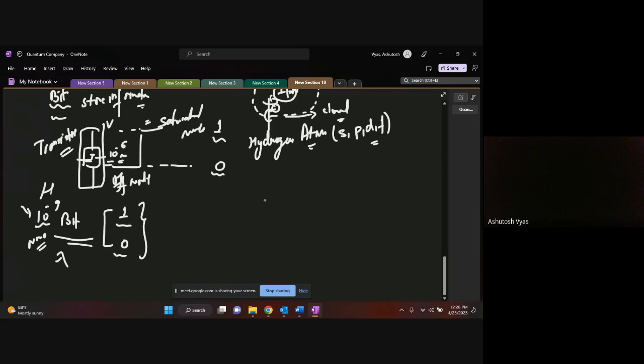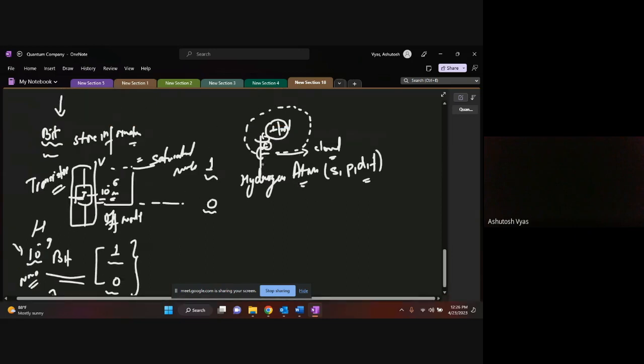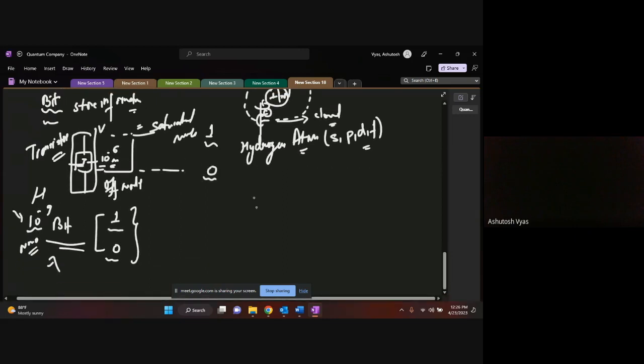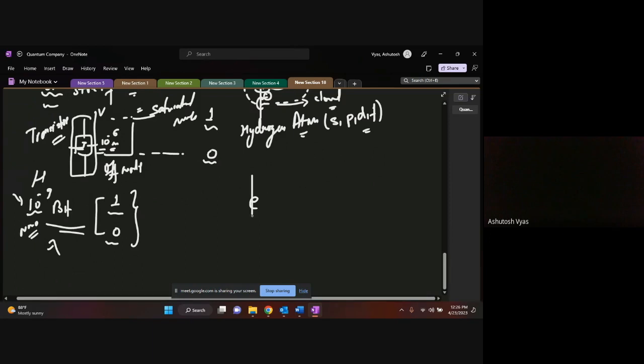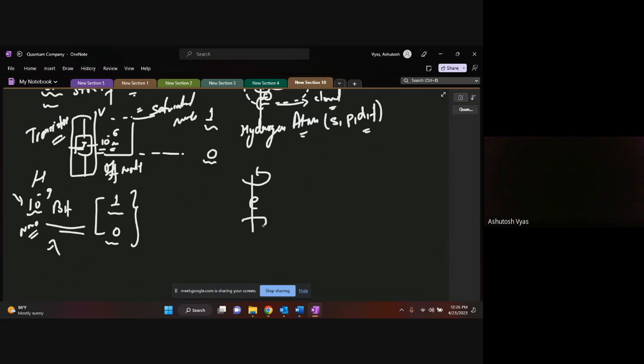So let's talk about only this self-axis revolution. Suppose this is your electron. Now we all know that the electron revolves around its own axis. Either it will revolve clockwise or it will revolve anti-clockwise, right? You guys remember it? It has two rotations. Either it will have anti-clock rotation or it will have clock rotation.